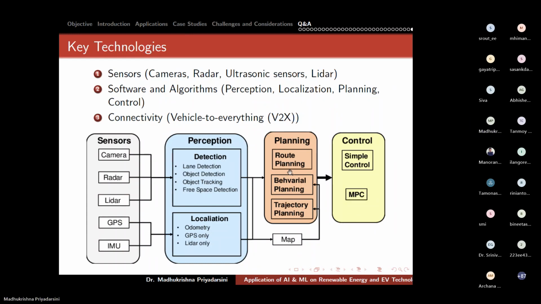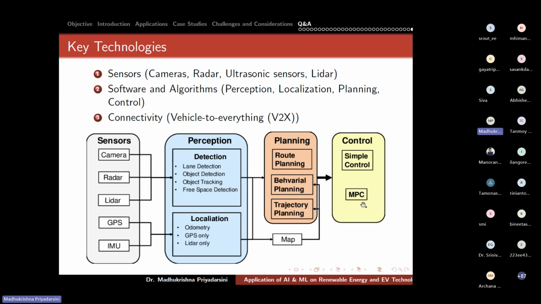So suppose I have an EV, and the range before recharging is suppose 30 kilometers. Within 30 kilometers, I have to recharge. So what is the best possible route I need to take so that I reach my destination before the recharge needs to be done? That is your route planning. Then behavioral planning, how the battery is going to perform, and this is your trajectory planning. And then all this combined, we are going to control the EV through simple control, and this is your MPC